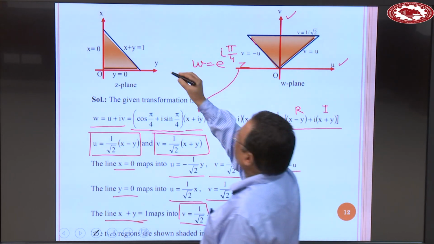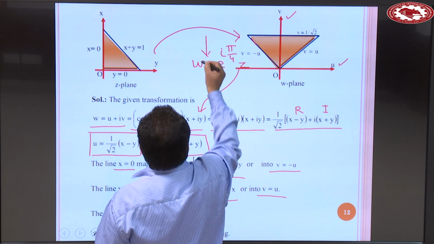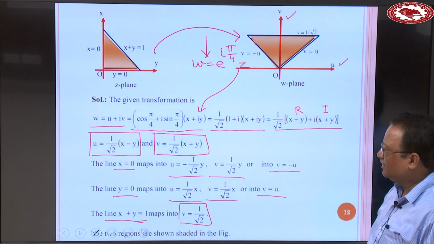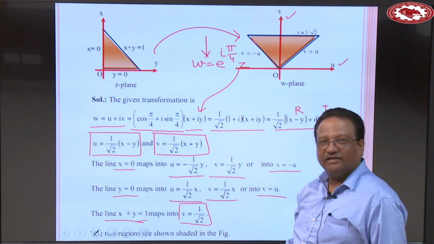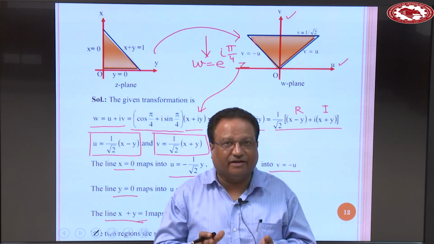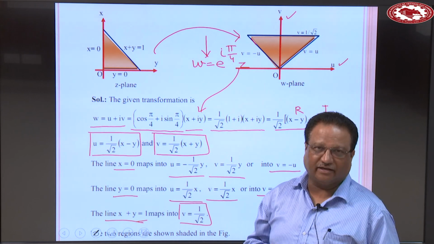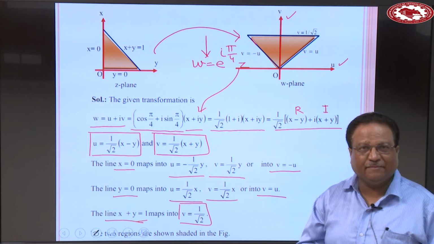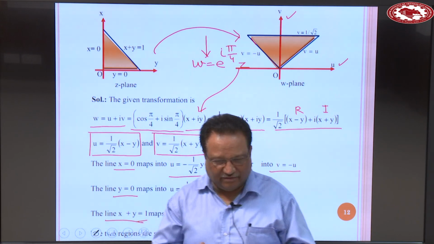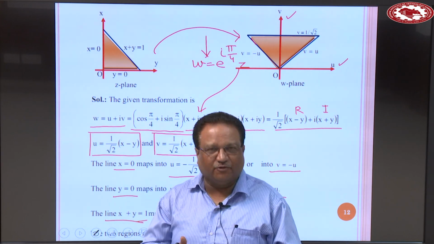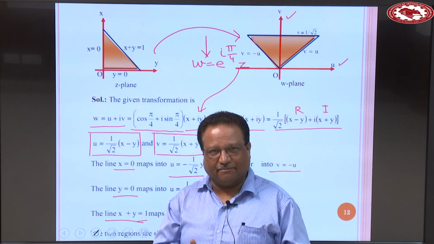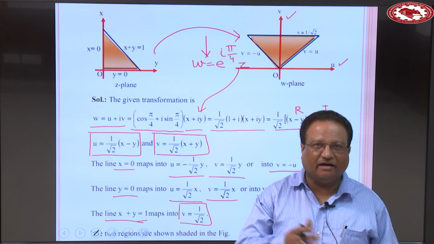So this region is transformed into this region by using this type of transformation. So this one is the method for evaluating a region in the w plane if we have given a region in the z plane. Clear? So when we have given a transformation, use the transformation. We have followed a few steps. Clear? We have given a region in the z plane, and we are going to develop a region in the w plane.